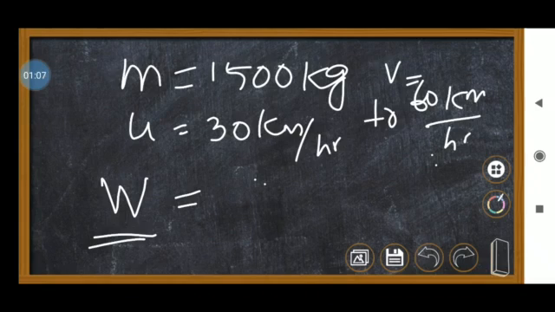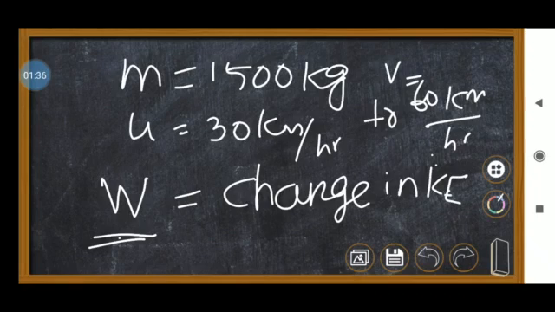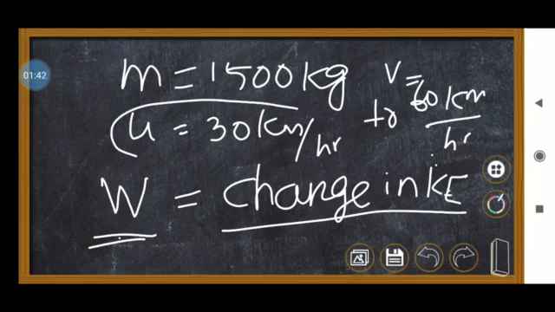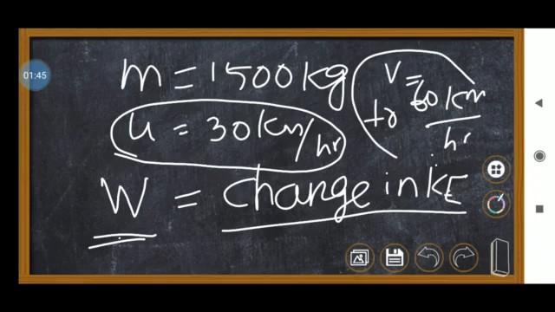Anyway, there will be some change in speed or velocity, no? Due to that change in speed or velocity, there must be a change in kinetic energy, because as we derived, the change is half m v square minus half m u square. So the work done should be equal to the change in kinetic energy. First we find the kinetic energy in the first case and in the second case, and if we subtract, we get the answer.